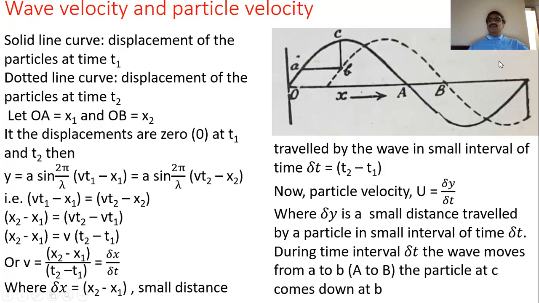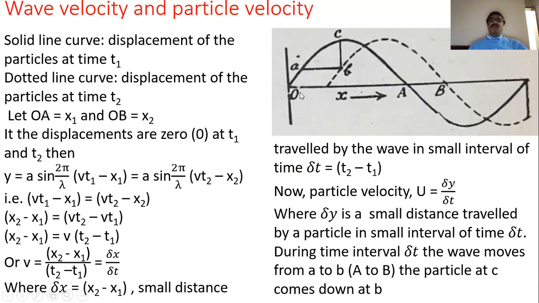Again you will find that there are two wave trains shown by the sine waves, and here the solid line curve represents the displacement of the particles. The particles have started their motion at time t1, displacement of the particles at time t1, and the dotted line curve, which is somewhat later, represents the displacement of the particles at time t2. So the particle which started its motion at time t1 has started from point O, and it moves a distance OA, and this OA distance is supposed to be